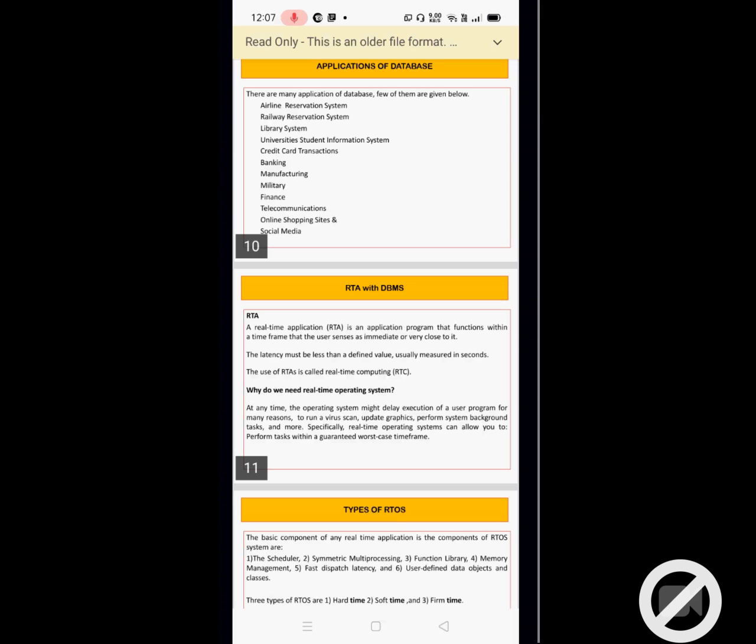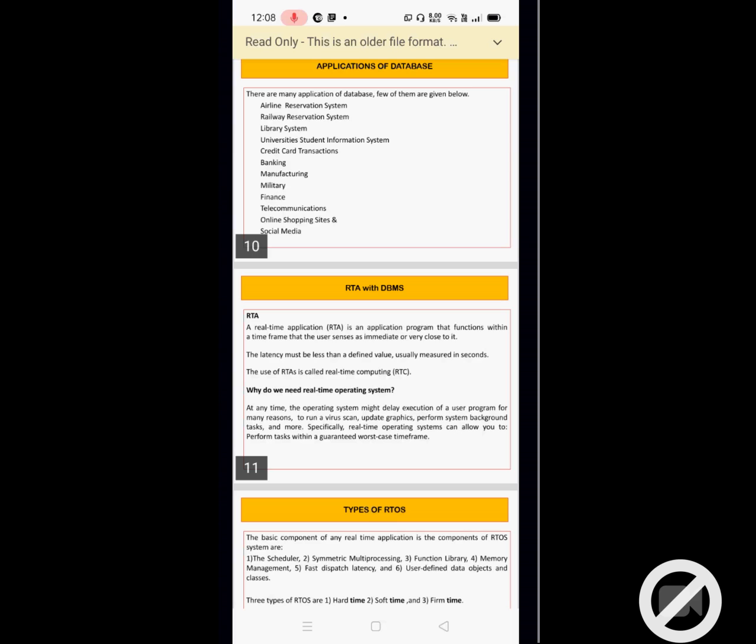Next one, universities and colleges. Nowadays all the colleges and universities are using database applications. The examinations are done online today, and the universities and colleges maintain all these records through DBMS, the database management system, including students' registration details, results, scores, and grades. So all the information is stored in the database. If you want to see a particular student's marks, know the results, or know particular details about him, you can easily find the details